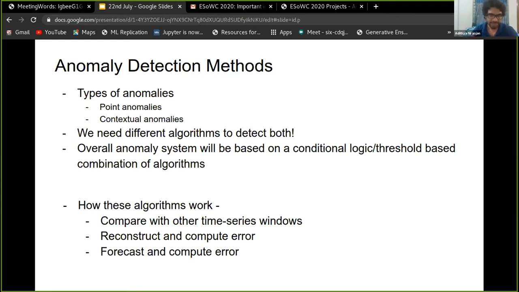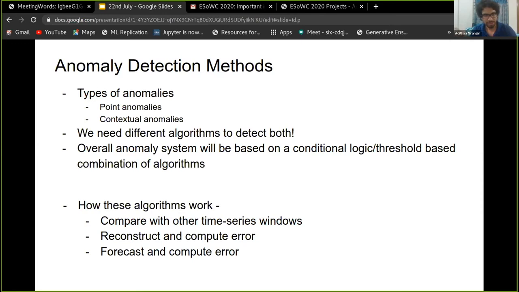So how do the anomaly detection methods themselves work? There are three general ideas, all based on the fact that an anomalous pattern will be really hard to predict ahead or reconstruct as such. One way would be to compare every new time series window that comes up with the windows seen previously.